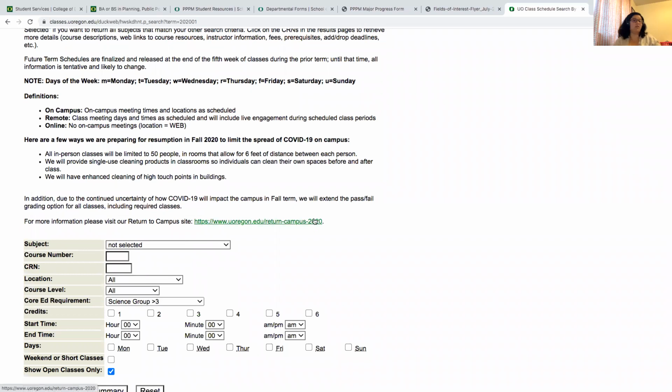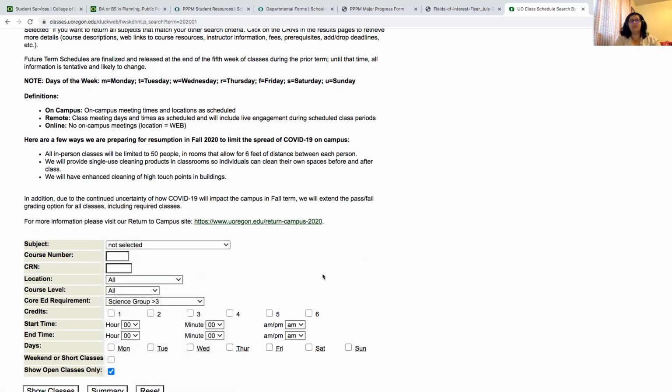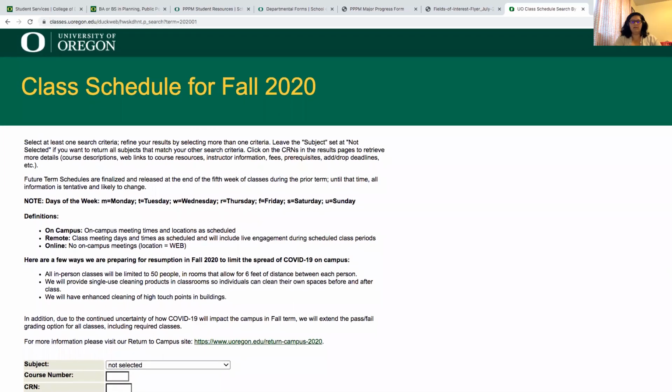But it's going to show you all the classes, so a bunch of subjects. If you want a specific subject like anthropology, for example, or maybe you're interested in environmental studies, then you can select that as well, and it'll just narrow your search even more. And so that's a really useful tool for you when you're registering for classes.